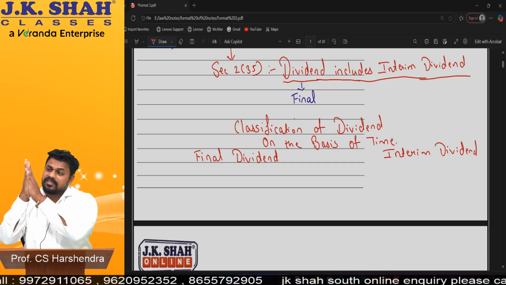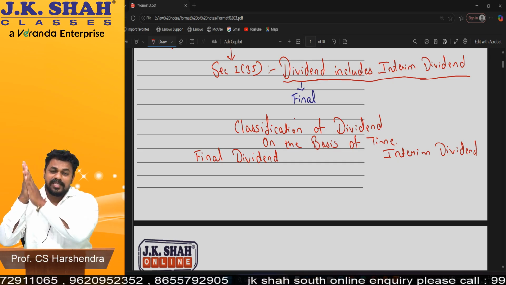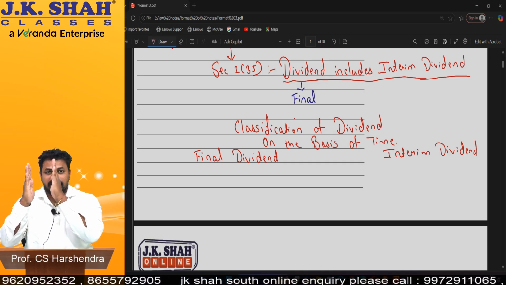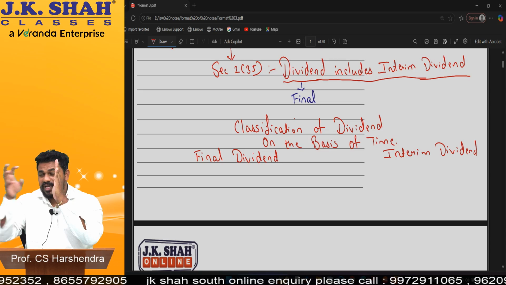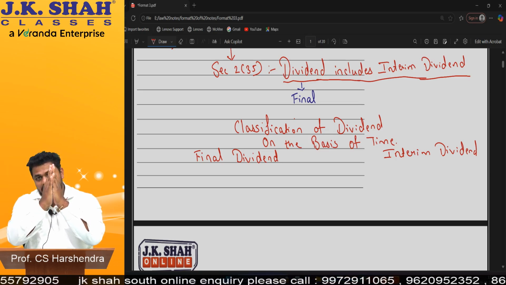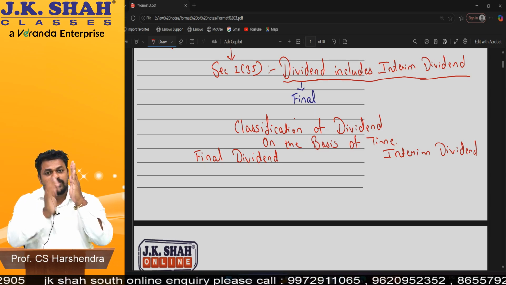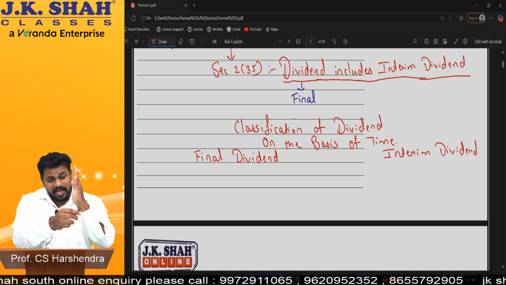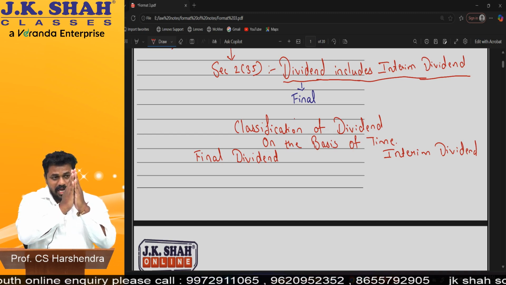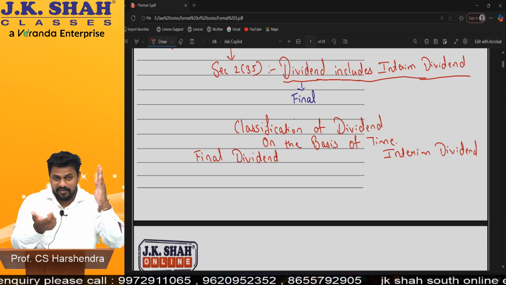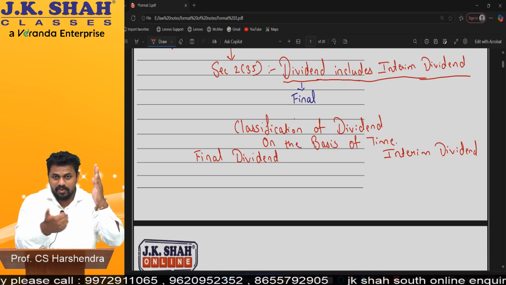As on 31st March, your financial statements are prepared. Then a board meeting is taken. In that board meeting, these financial statements are approved by the board of directors and signed. Then this financial statement goes to the auditor for audit. Auditor will do the audit and give the auditor's report. After that, again a board meeting will be taken. Two board meetings: first we took, now second.